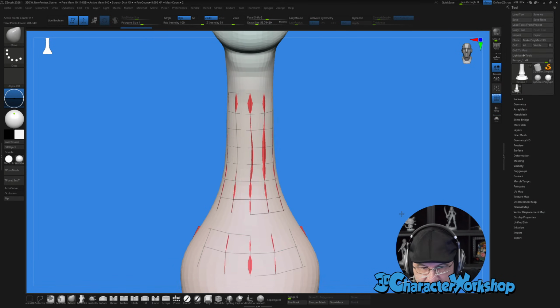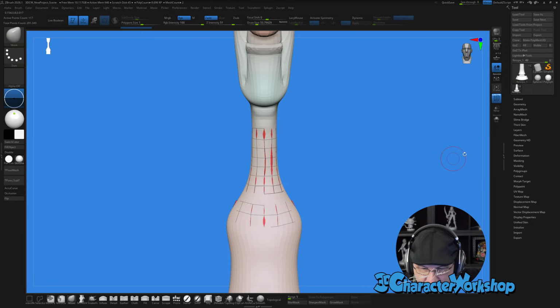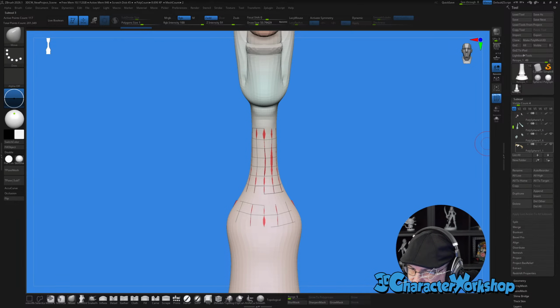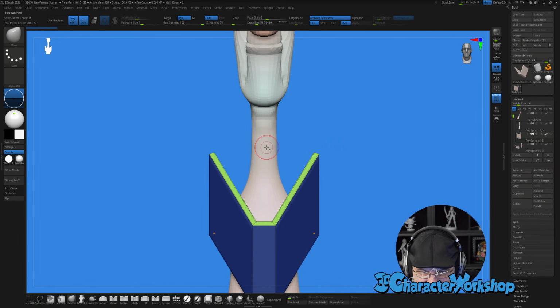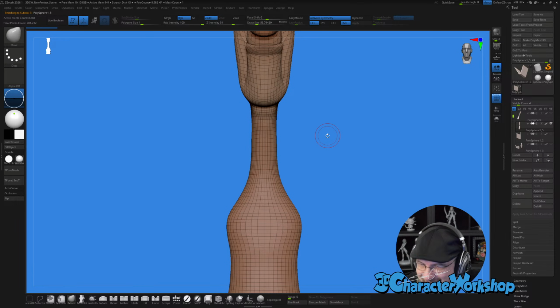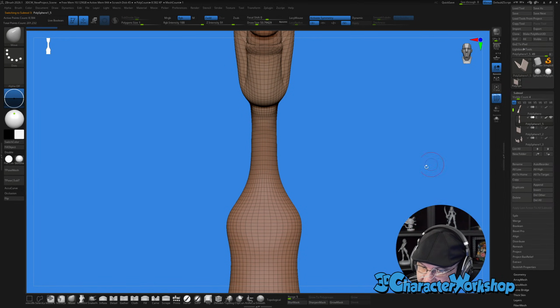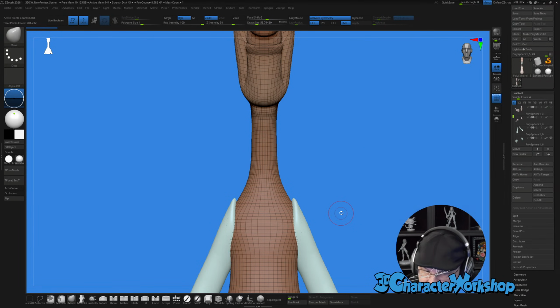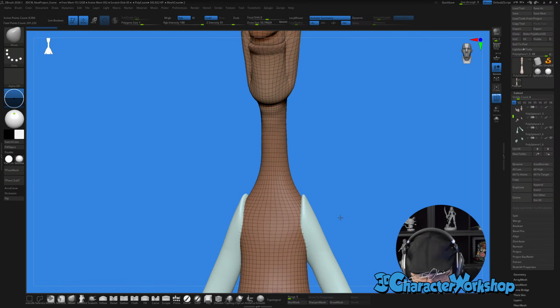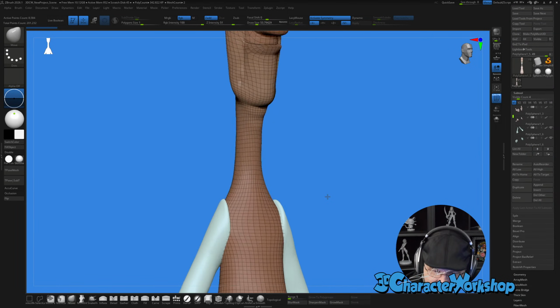Okay, you know what? I'm going to do it the old-fashioned way. We're just going to get rid of this, because I think this is now haunted. Okay, we're just going to grab this, and then this is a duplicate already. So we're just going to look at the arms. I just wanted to show you the Retopo brush, and what a horrible demo that was.